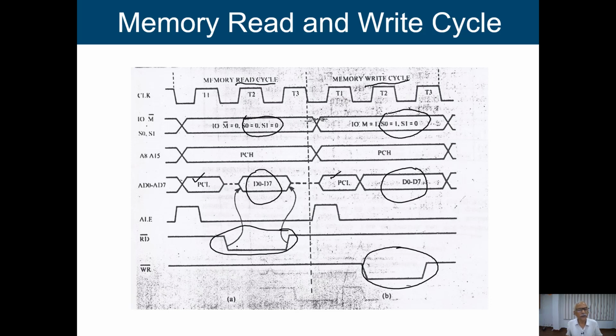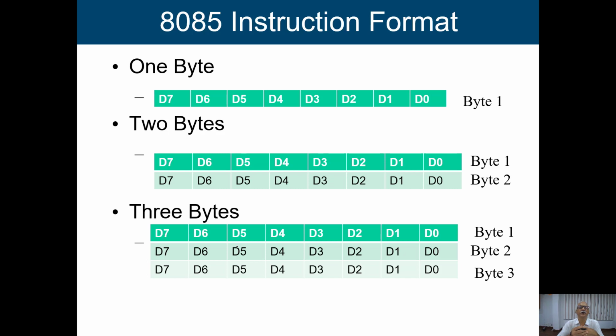Okay, now we are going to discuss the instruction set and instruction format. When we come to the 8085, we will find that we have three different kinds of instruction format. Already I have mentioned that whenever you design an instruction set, it is not possible to stick to one particular format. Depending on our requirement, we are going to have several formats. So in this processor 8085, we have three different instruction formats: one is single byte, second is 2 byte, and third is 3 byte.